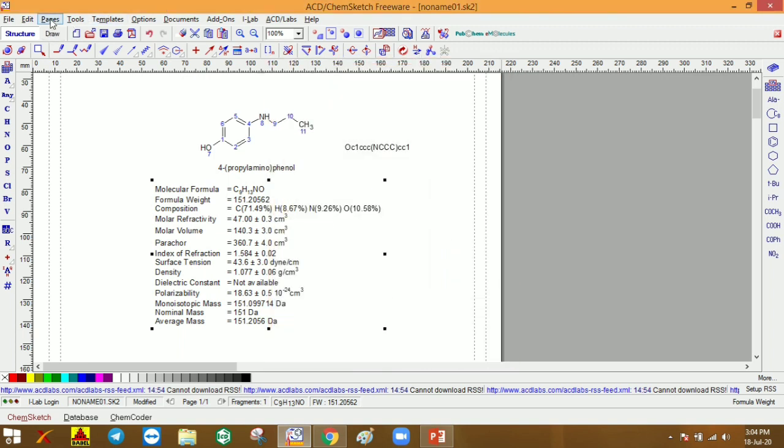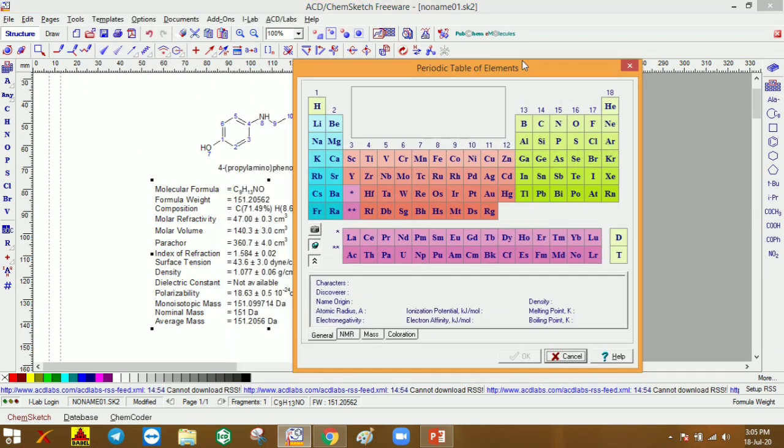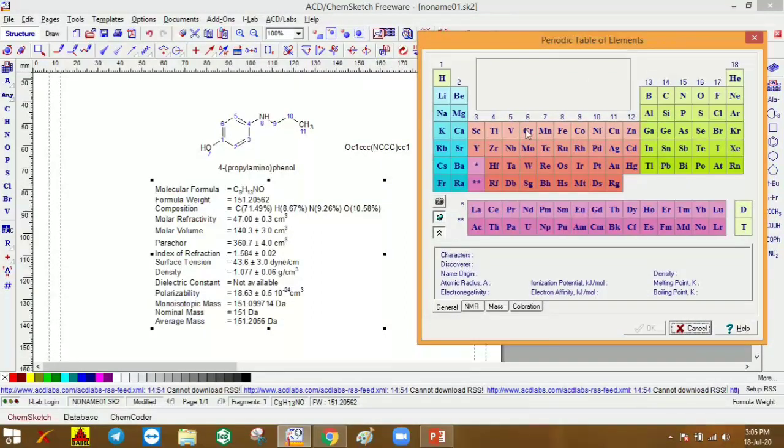So you can see different options in the template. You can observe the periodic table. If you want to input any element in your structure, you can use the periodic table and utilize the atom from it. If you click any atom in this periodic table, it will give the name of that atom, mass, valency and electron configuration. If you click boron, the atomic number is 5, atomic mass is 10.811, valency is 3, electron configuration is 2, 3.